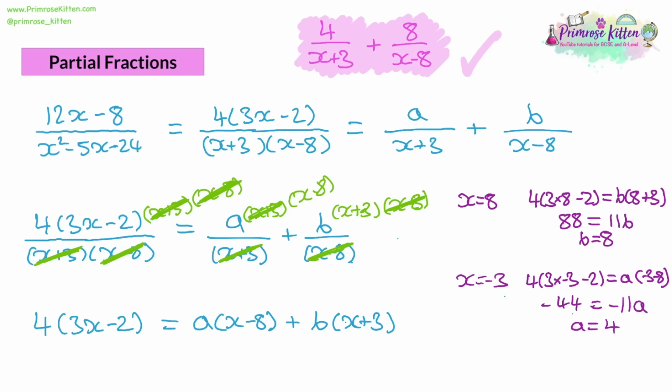Now, if that was the other way around, and you had a larger value of x on top in terms of its power, if the power of x was larger on top, then what you would have to do is divide it to try and turn it into a mixed number. And the way you do that is algebraic long division. And if you divide the two things using algebraic long division, then you'll get a brand new fraction